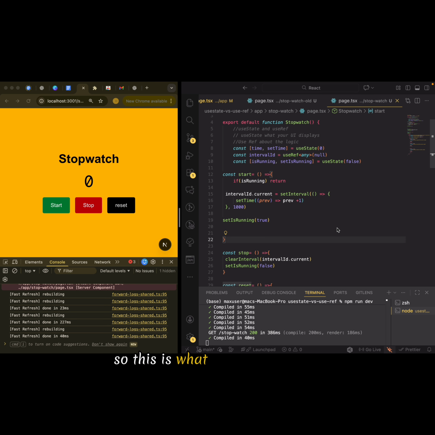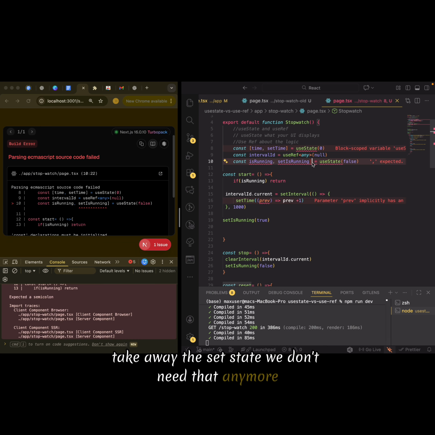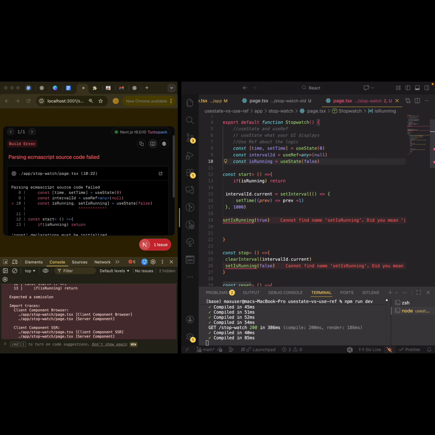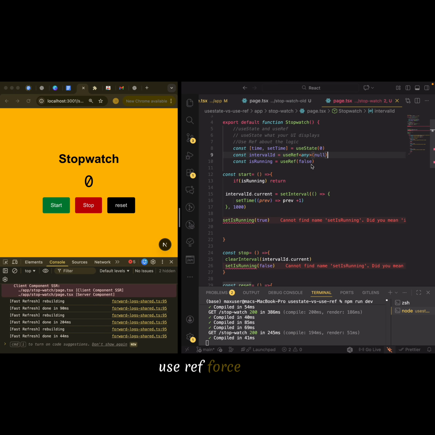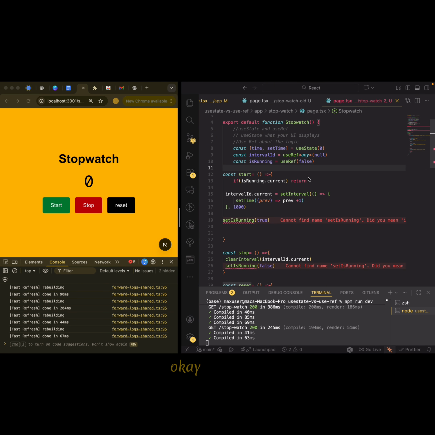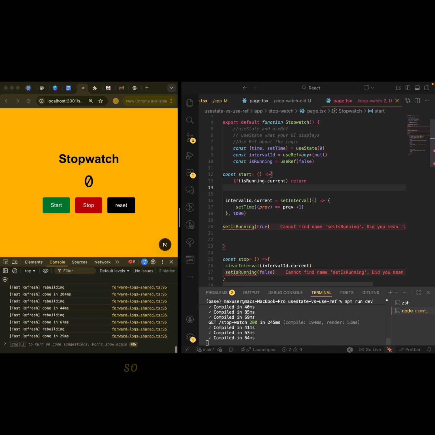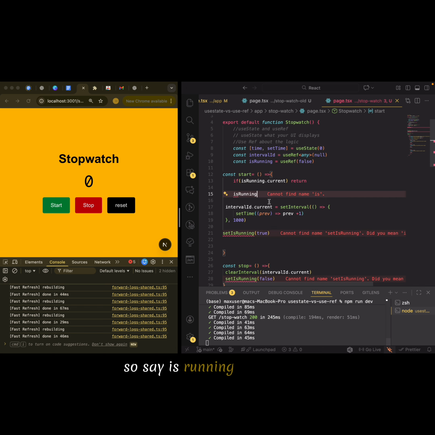So this is what I'll do to convert my isRunning to a ref. Same thing, take away the set state. We don't need that anymore. So it's going to be what? useRef false, right? So isRunning. So if isRunning dot current, return, else, say isRunning dot current is equal to true,